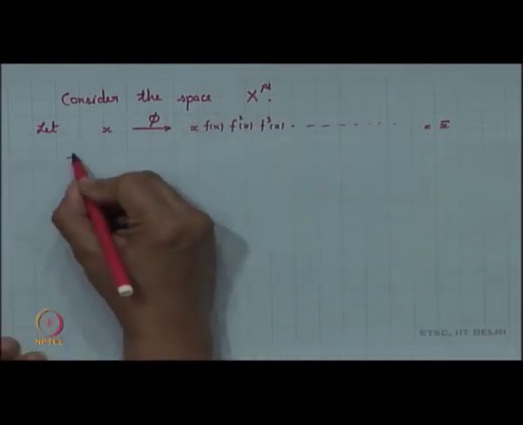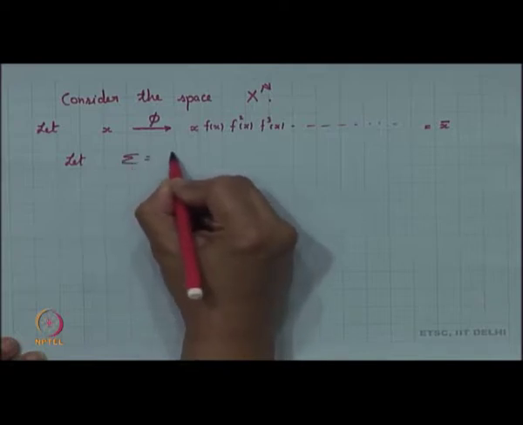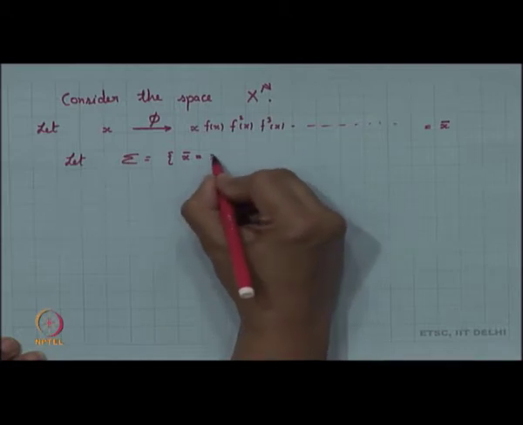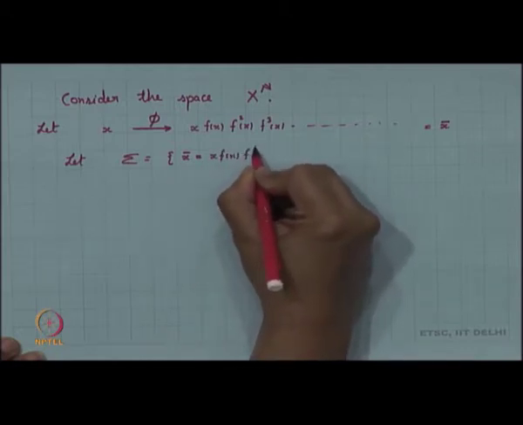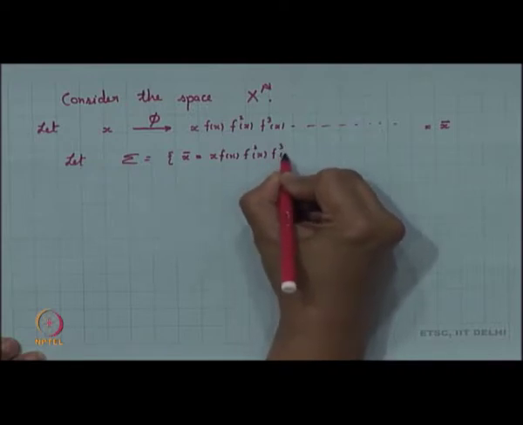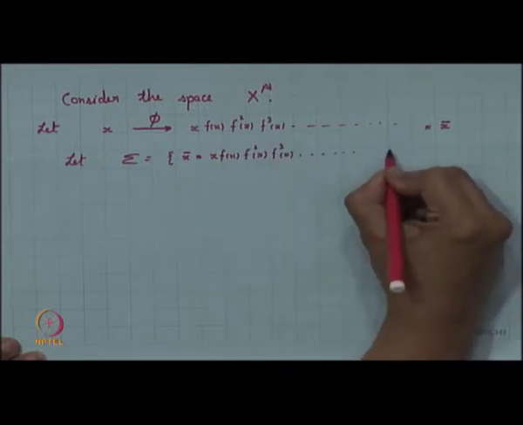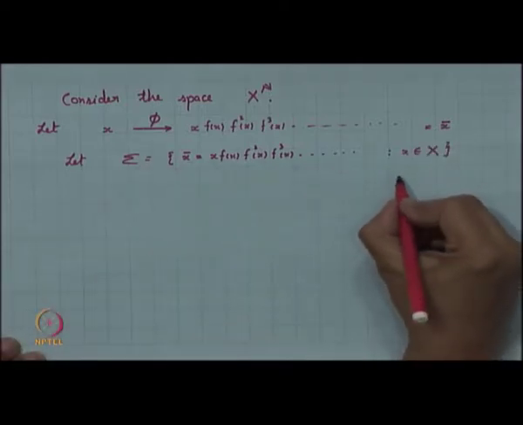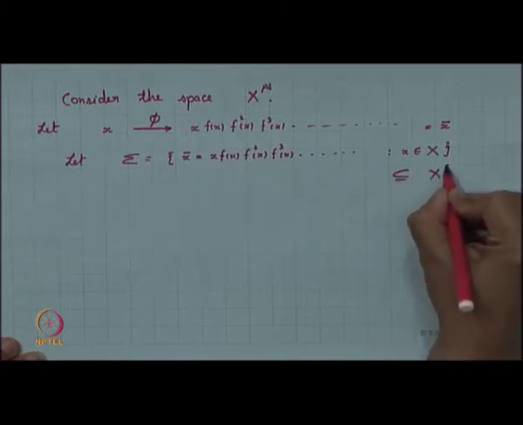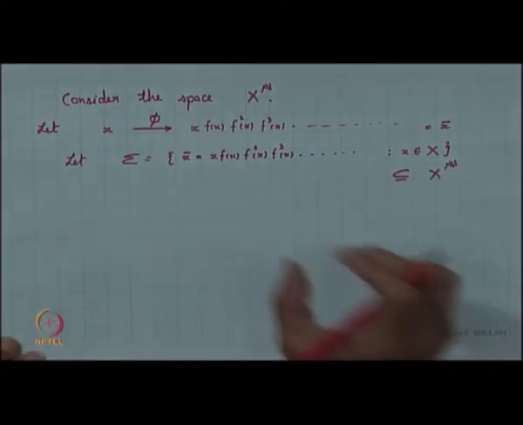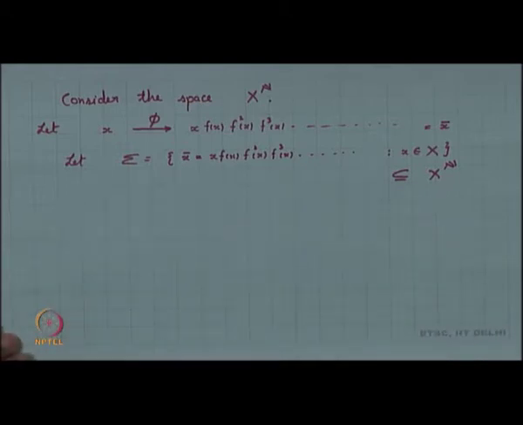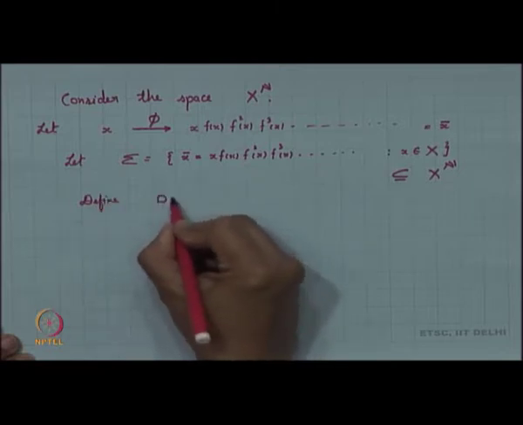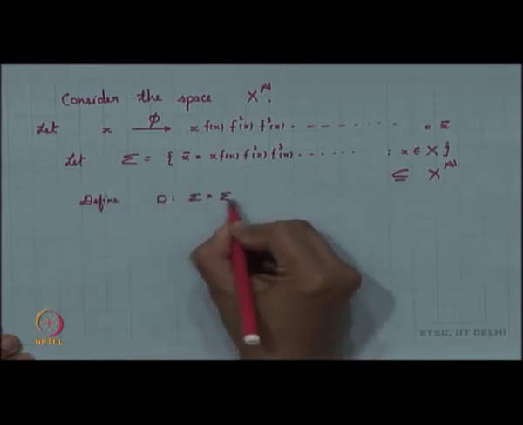So, let sigma be the set of all such x bar, equal to (x, f(x), f square x, f cube x, and so on), such that x belongs to X. Now, this sigma is basically a subset of X to the power N. Now, let us define a metric D on sigma, so we define D from sigma cross sigma